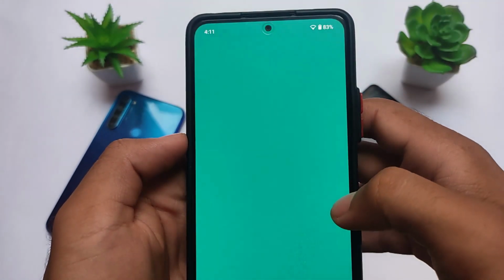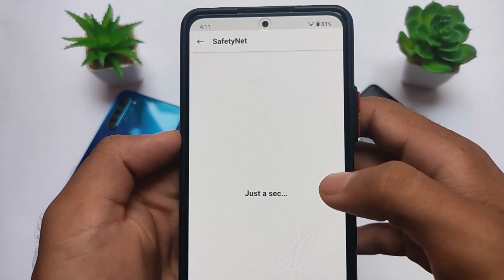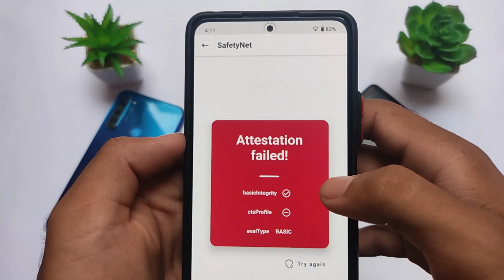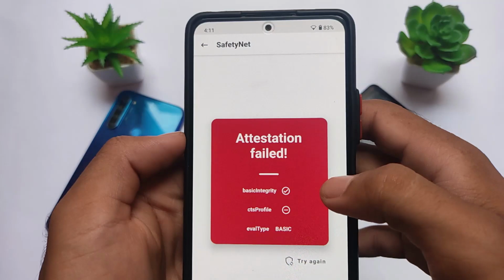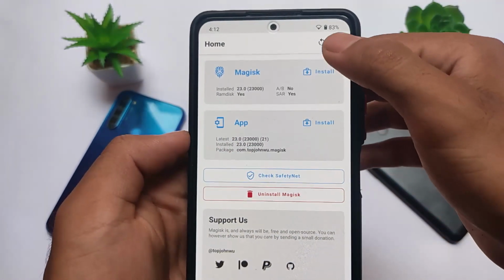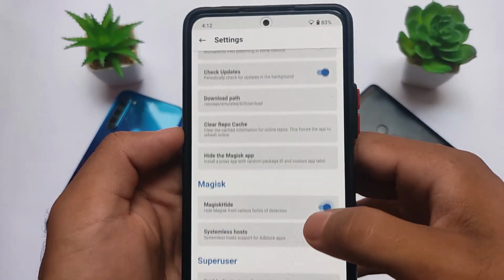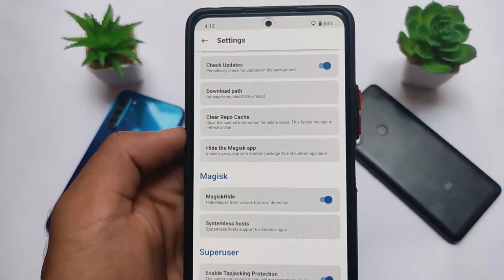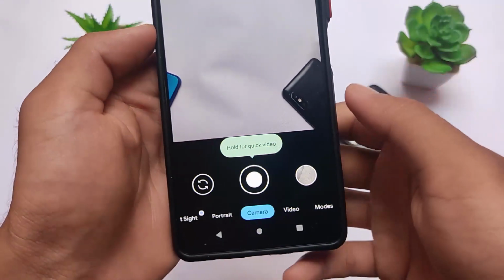But let me show you the SafetyNet status once, to see if it is passing for you or not. And the thing is, SafetyNet status in my case unfortunately is not passing. Why it is not passing, I'm not sure. Maybe you need a SafetyNet fix for that. I am not sure about the SafetyNet fix either, but the status has some issues. If you don't root your device, I'm not sure about that, but if you have rooted your device with Magisk, as I always use Magisk on my device with custom ROM, sometimes I need to restore backups, etc. So yes, you need to keep this in mind.